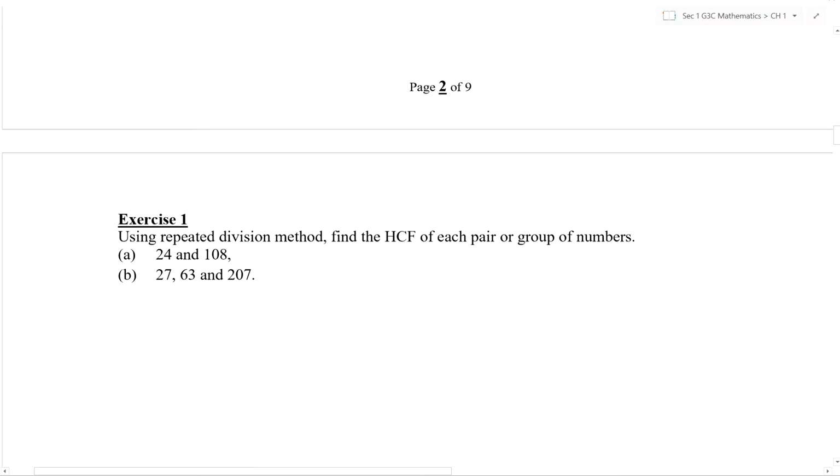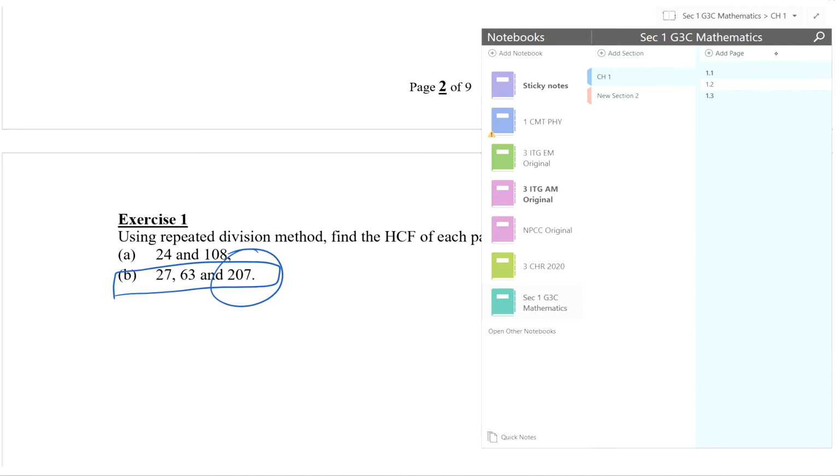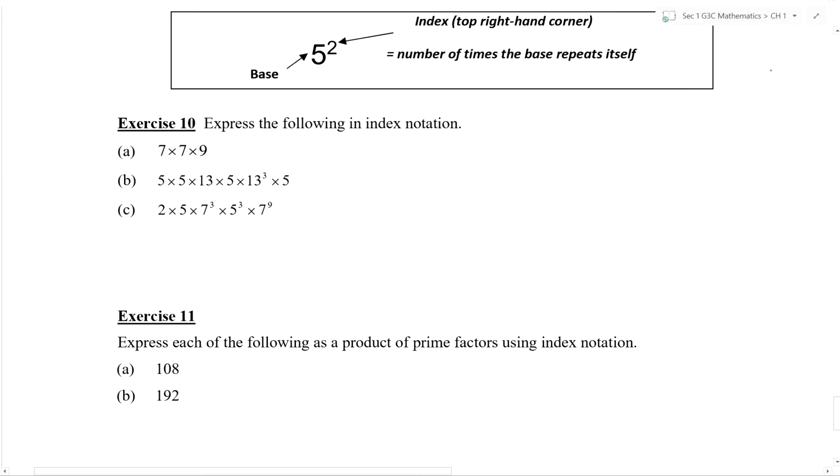Just for an example over here, find the HCF of 27, 63 and 207. So are you going to list it out? I mean, that's what you have learned so far only, right? Since primary school. But if numbers get really big, then there might be some other way to find HCF instead of listing everything. And that requires us to be familiar with what we are about to go through,